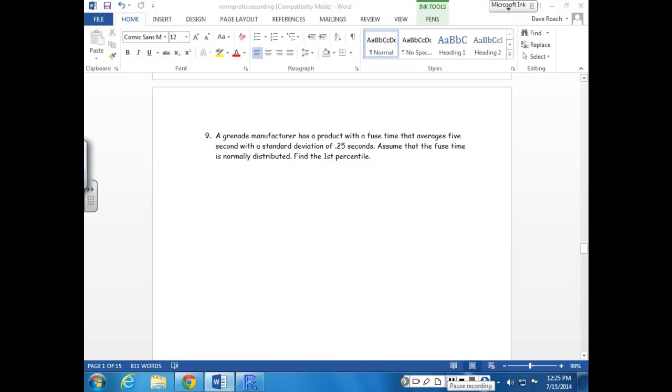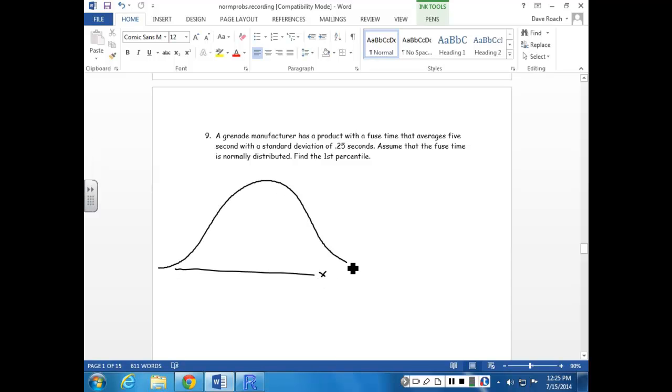So, to work this, still draw the curve, mean of 5, standard deviation of 0.25, and we're looking for the first percentile. That area is going to be 0.01. That's 1%, 0.01. That means this is going to be 0.49. And what we need is a z value that goes with that, and then we can compute the x. So if you go into the center of your z table to 0.49,